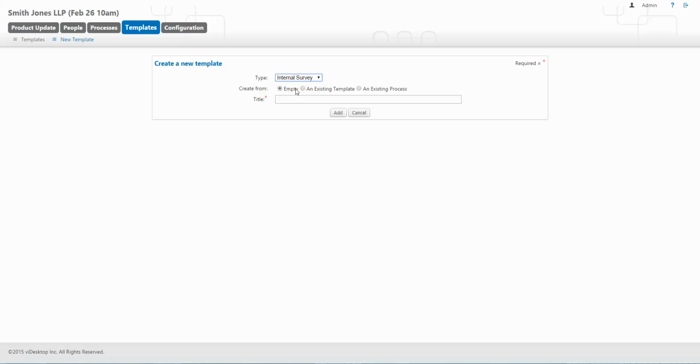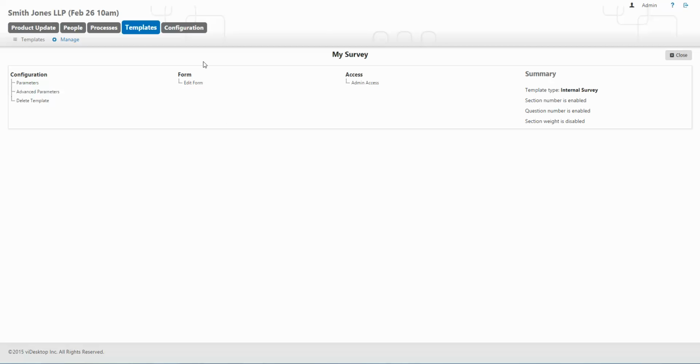And as well, you can also create an internal survey template from another existing template or even another existing process. Let's start blank for now and let's just call it my survey. So it's just taking a bit of time. And by the way, this is actually done in version 2015. So if you're in version 2014 or earlier, you might see a different interface, but the overall functionality should still be the same, even though version 2015 should have a lot more power and a lot more capabilities and a lot more features in terms of what you can or cannot do